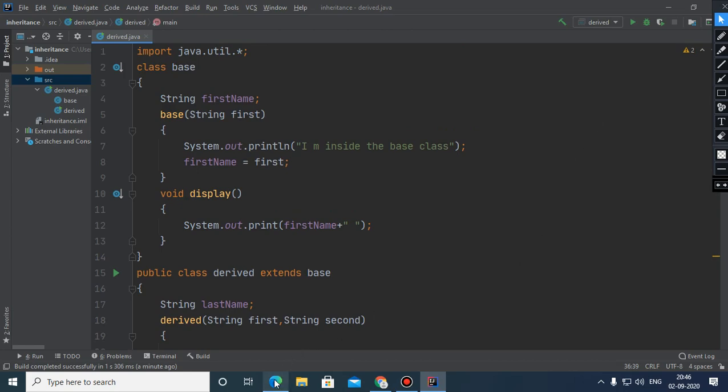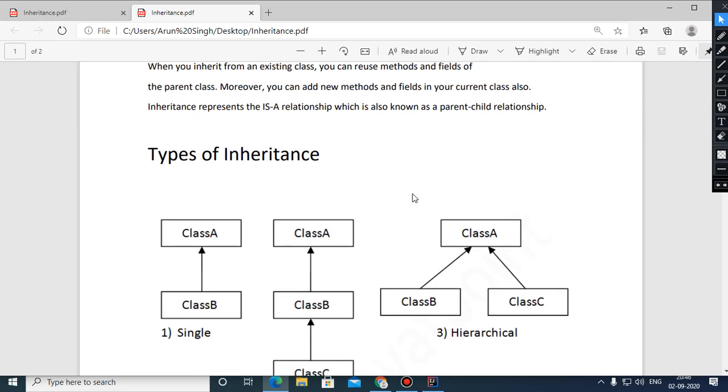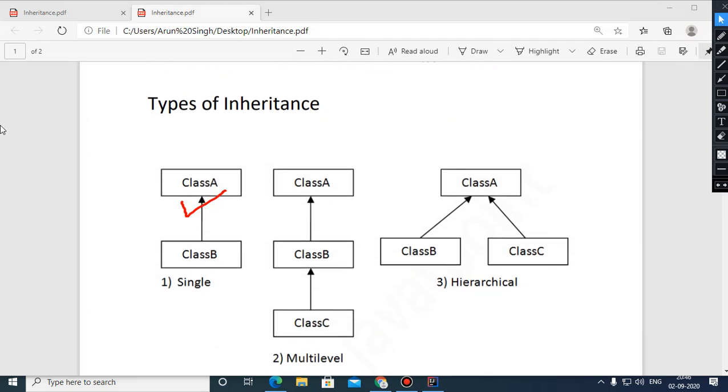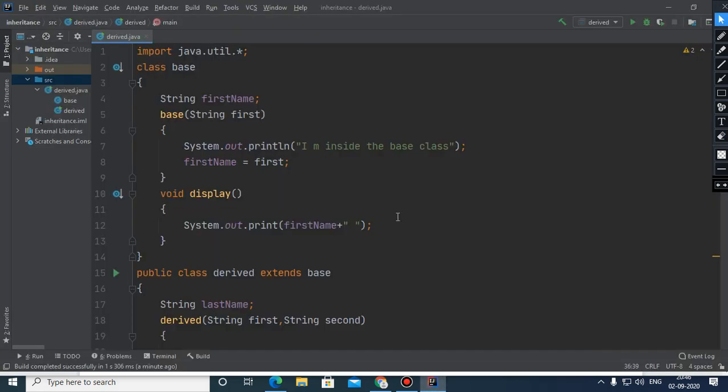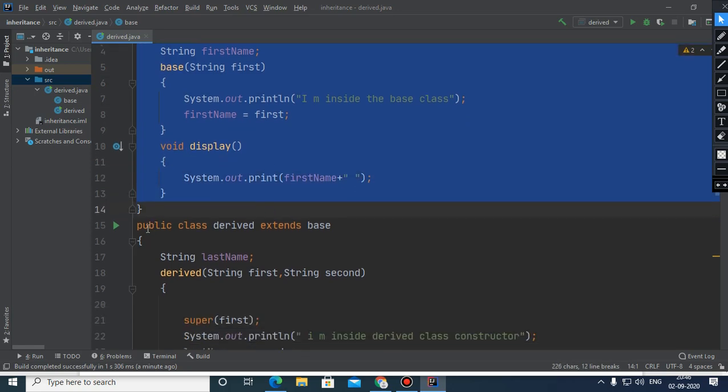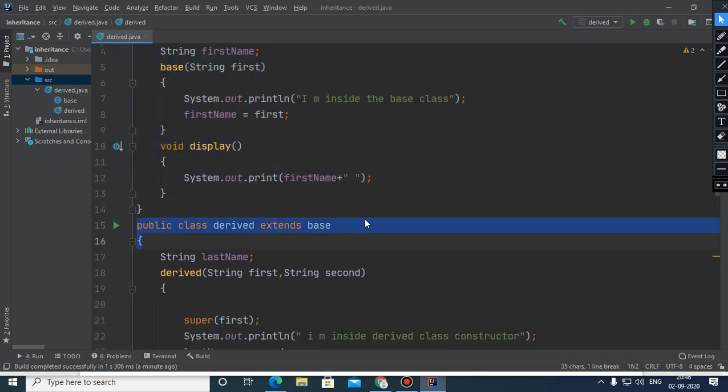Okay, so this is a simple example of inheritance. So children, if we focus on the types of inheritance, you will see that this is single level inheritance, in which there is a class A which is being inherited by the class B. So this is single level inheritance, and this example was explaining the same, where there is a class A which was being inherited by another class.